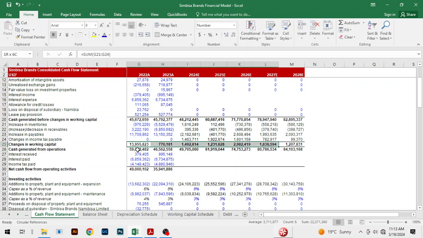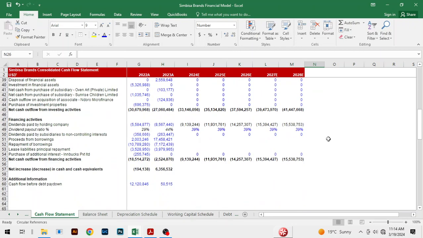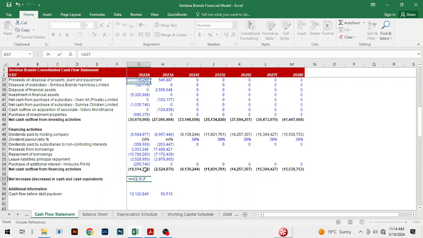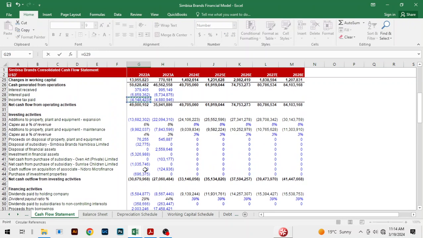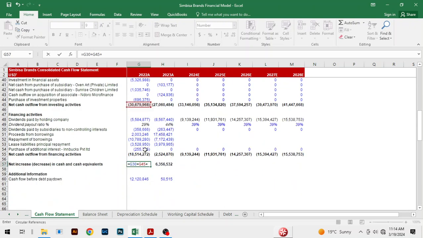That's changes in working capital, and that's also this plus this. Okay, so here for now we can just copy the formula to the right. Okay, and here obviously we get the changes. Here we say plus this and plus this, okay,